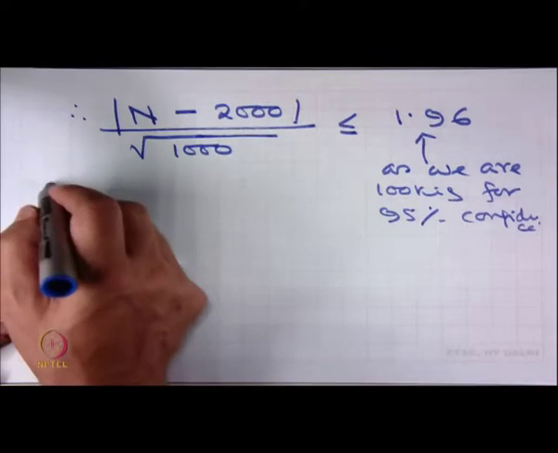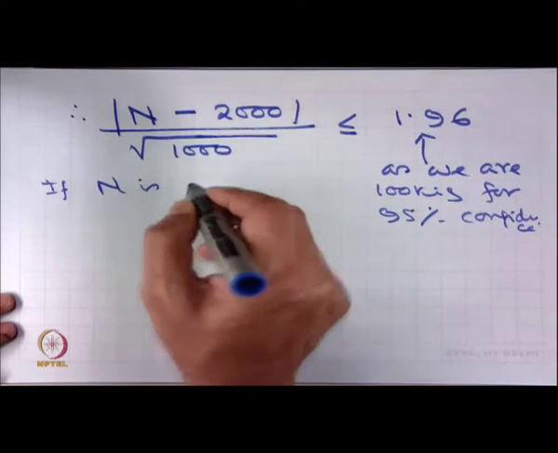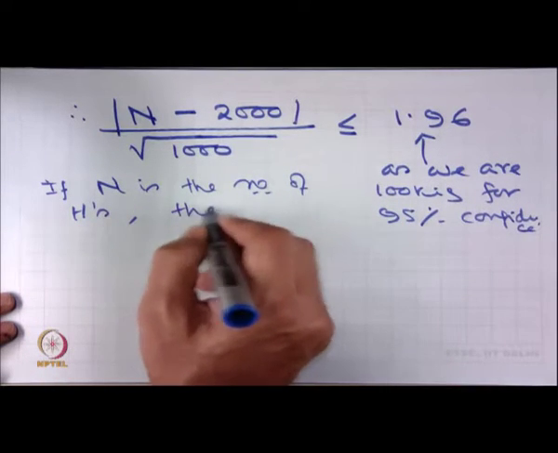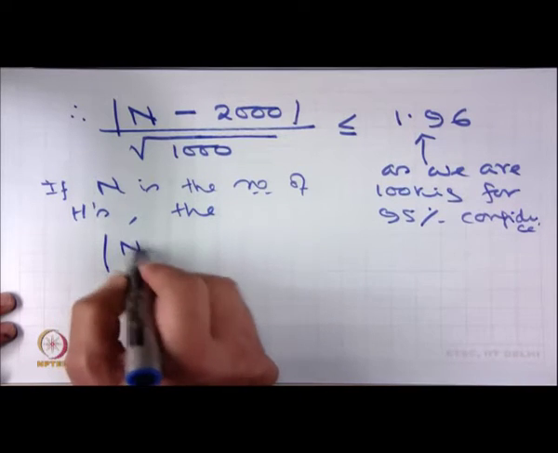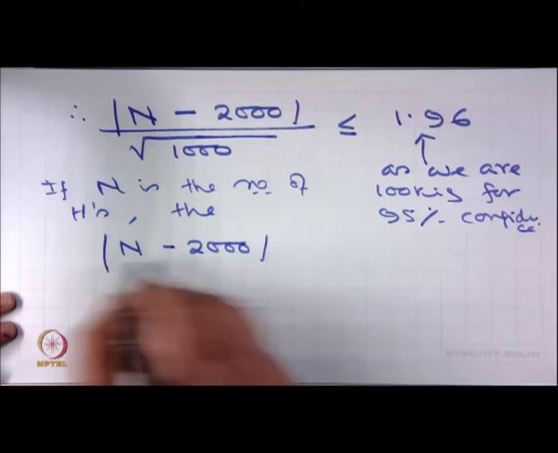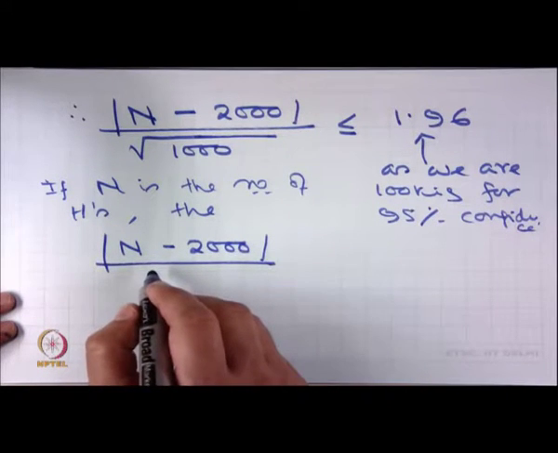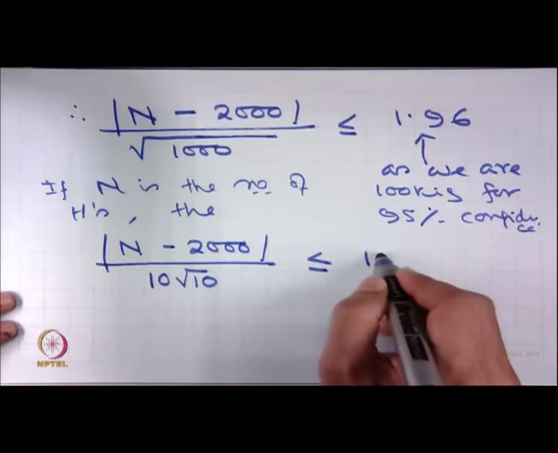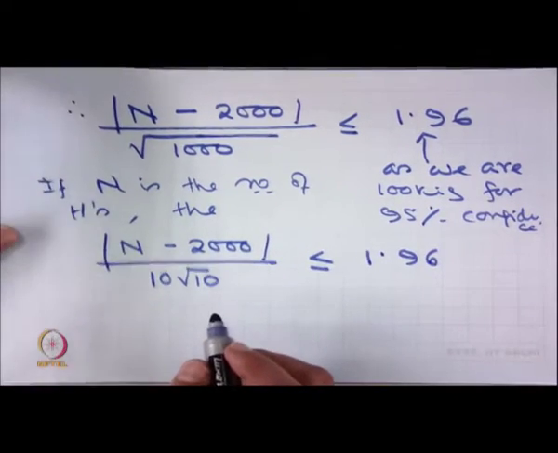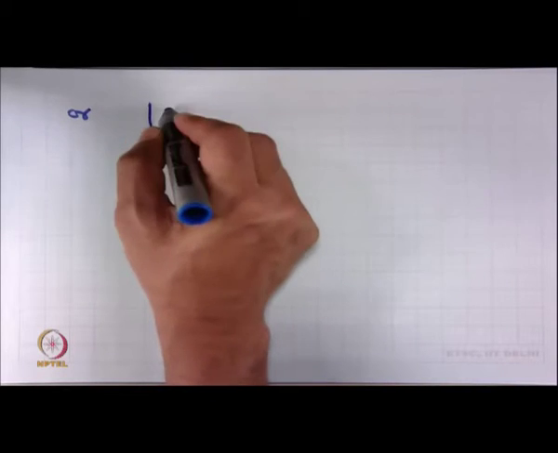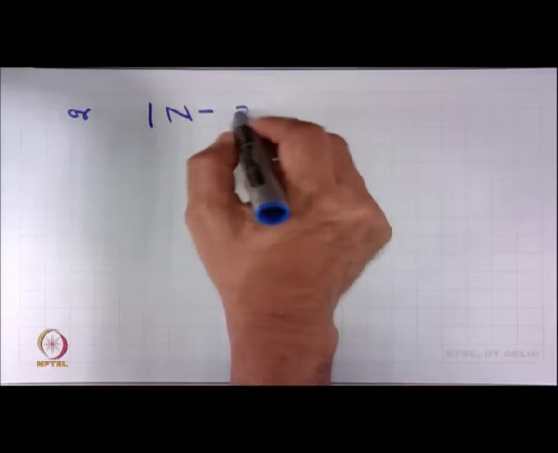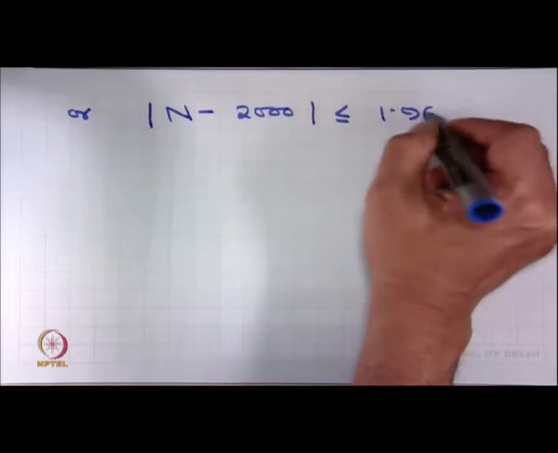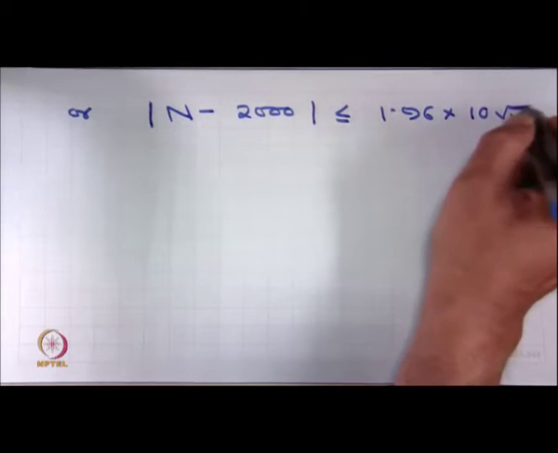Or in other words, if n is the number of heads, then modulus of n minus 2000 divided by 10 root 10 has to be less than or equal to 1.96, or modulus of n minus 2000 is less than or equal to 1.96 into 10 root 10,